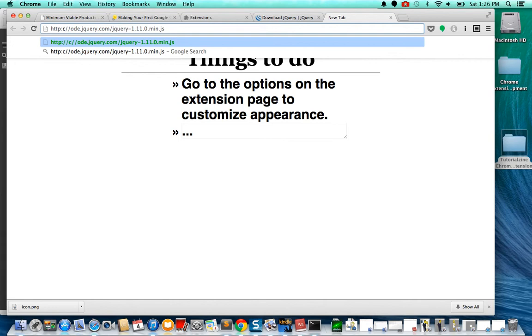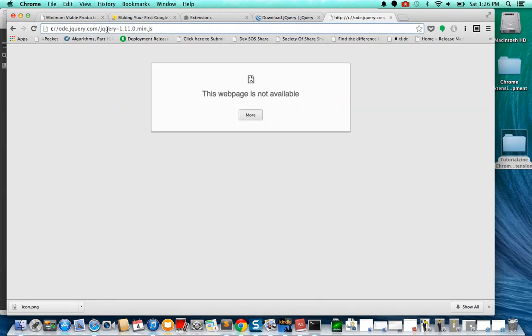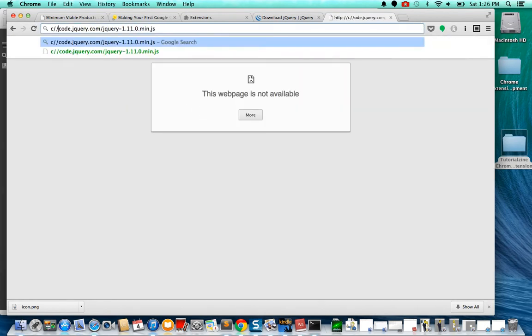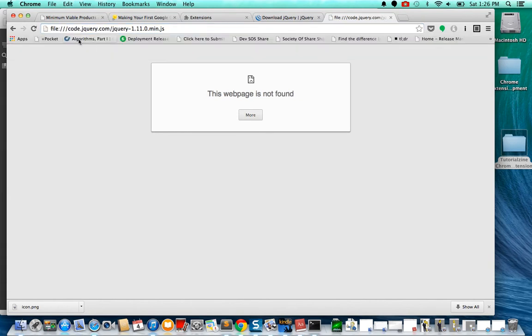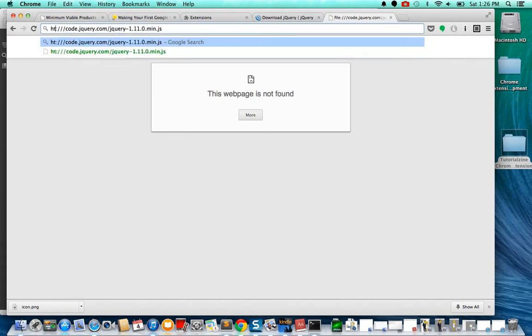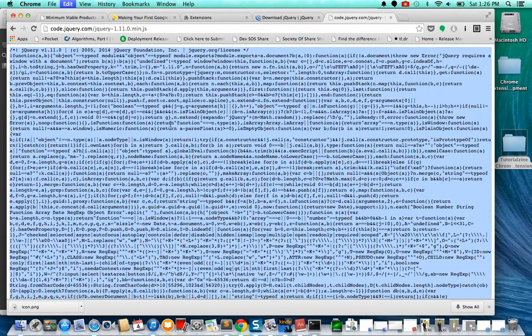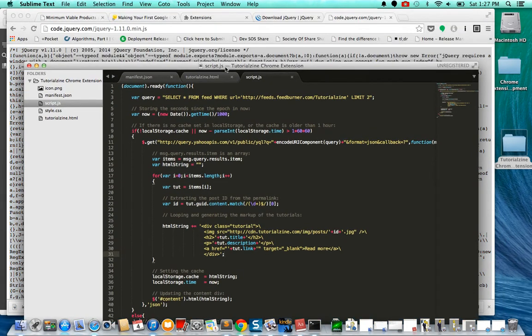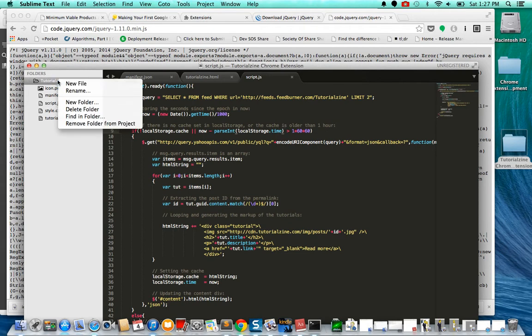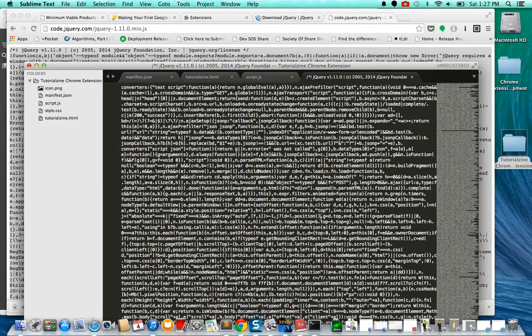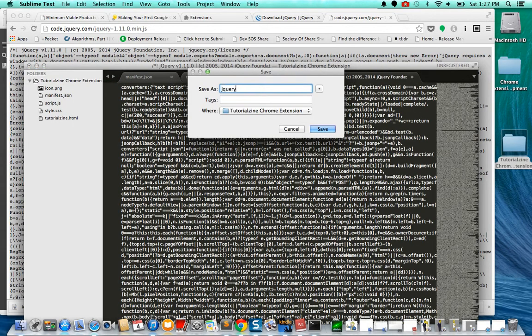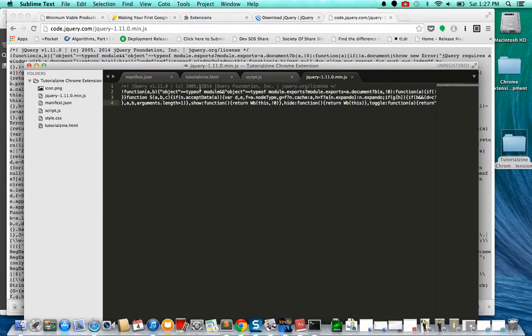Code.jQuery.com, jQuery 1.11.0.min.js. Let's put this in the wrong location. Alright, so here it is. Just going to copy and paste this. I'm going to save that as the name here, and I'm going to change it in our extension. So just create a new file from here, paste that in, name it jQuery-1.11.0.min.js. Paste that so we can write that into our application in the